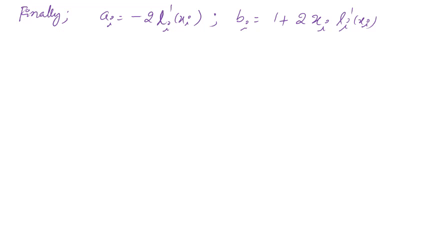ai equal to minus 2 li dash of xi. This is ai value. Next, bi value is 1 plus 2 xi li dash of xi, and the ci value is 1, and the di value simply minus xi. These are the a, b, c, d values, right? Therefore, hence, substituting these values,